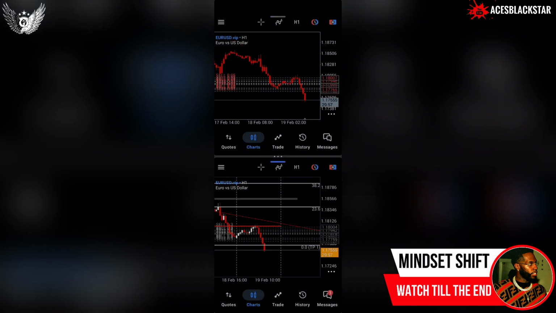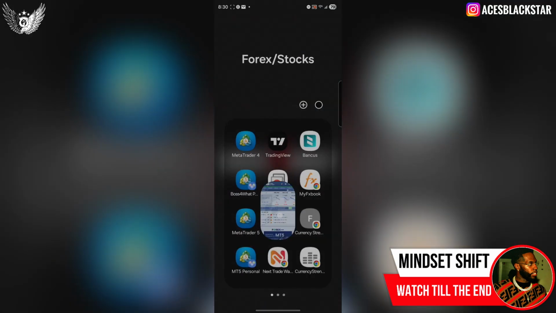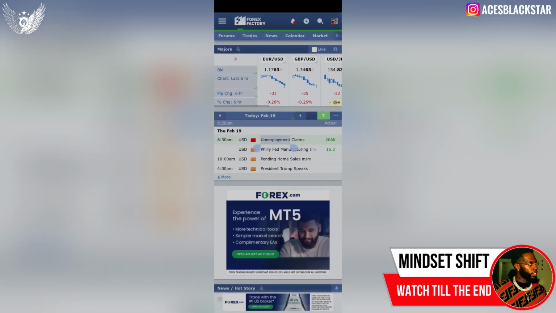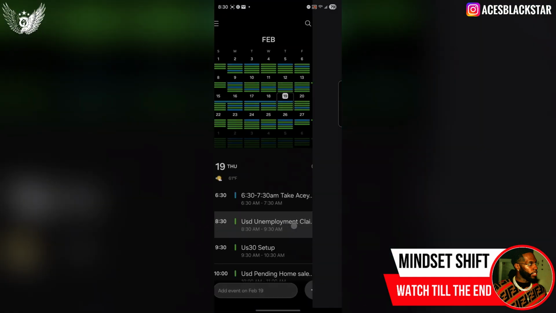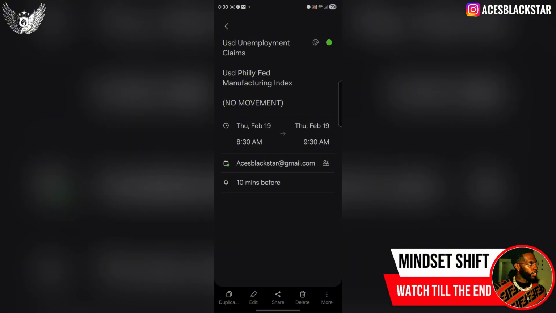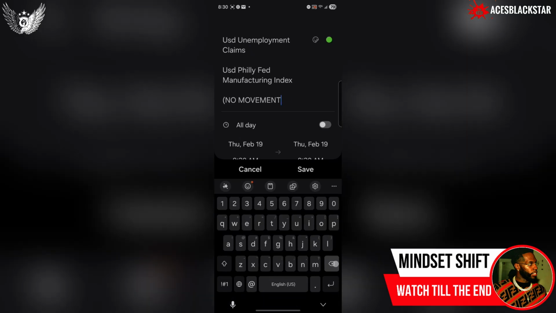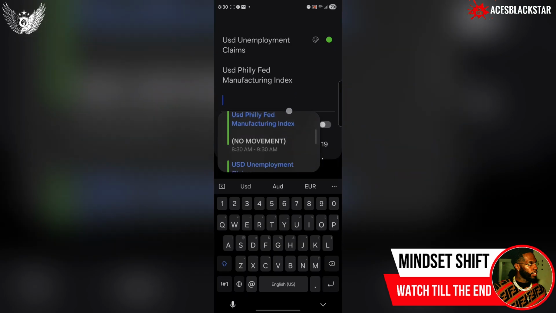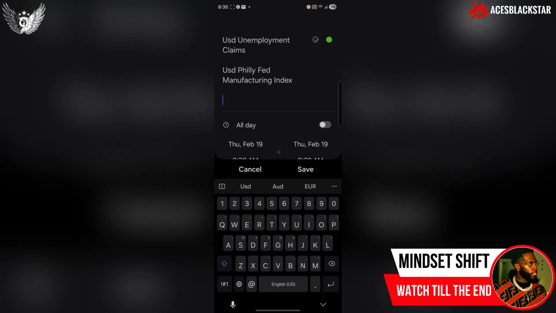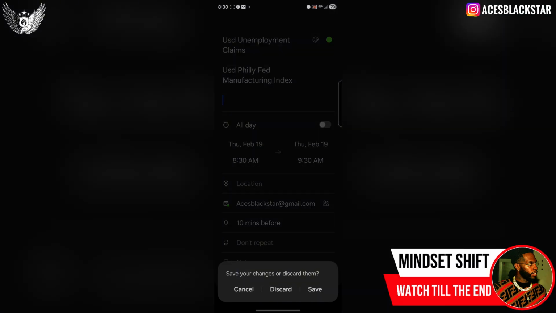We got about, news should be happening now. And just so y'all know, this is how I track my news. Every time there's an event, every Sunday, what I do is I go through, I copy all of these, and I plug it into my calendar. And when I have the event next month, because usually these are every week, every month, every 3 months, every 6 months, or something like that, when you start typing in the event, it will automatically populate the last event. So just like this, for example, these are all the ones that started with what I have above. And then I put no movement because last time it didn't have a movement.